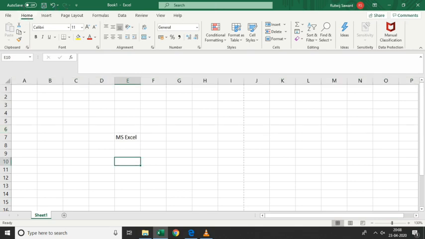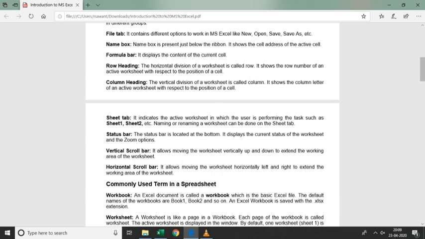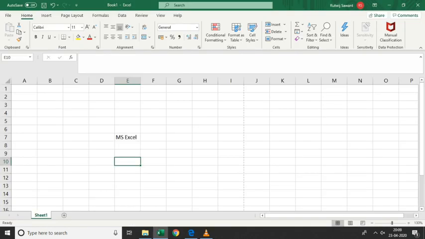Then we have the sheet tab. There is one more thing within MS Excel. Like in MS Word you used to have a number of pages, and as you kept typing, pages automatically got added. In PowerPoint, when you kept adding slides, the number of slides appeared within your status bar.